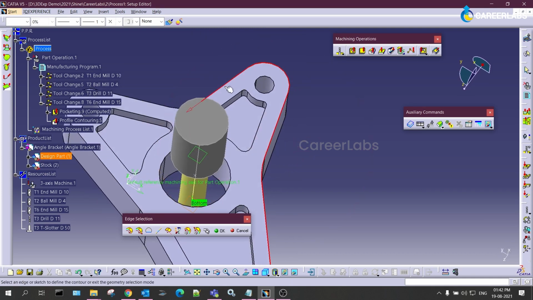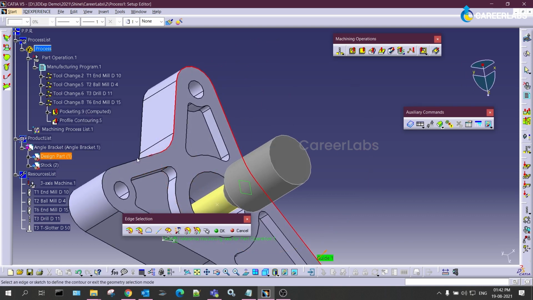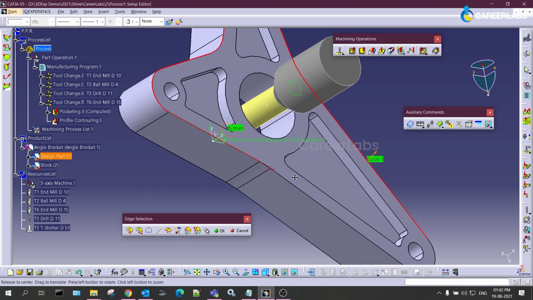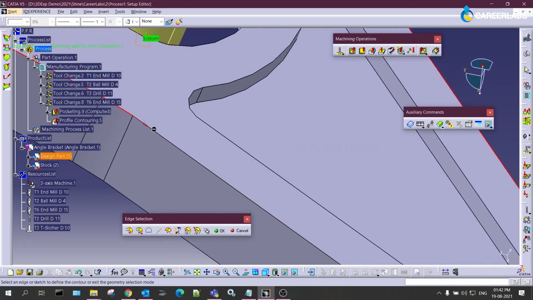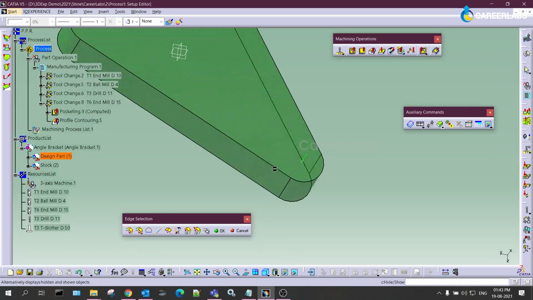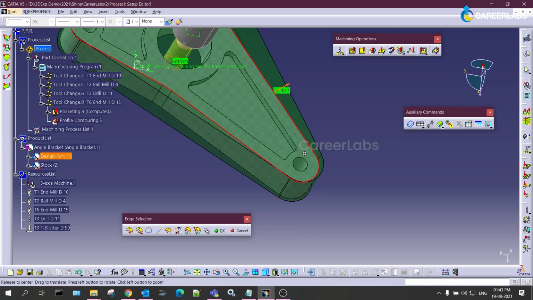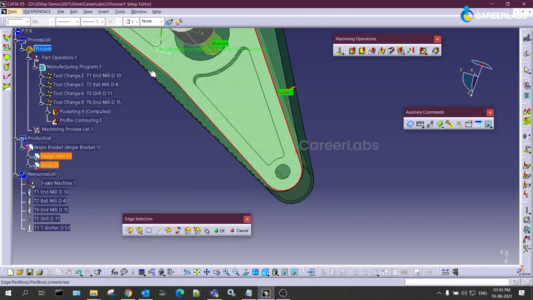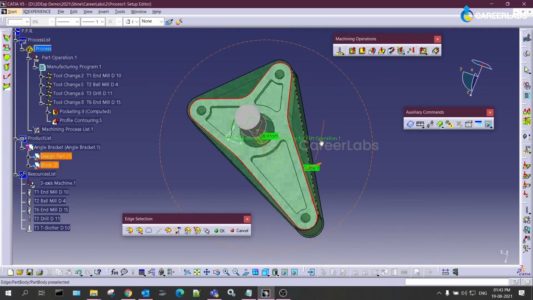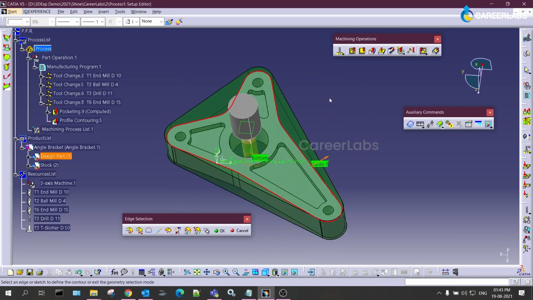particular workpiece to remove the material which is additional as per the rough stock. I will show the rough stock, how it looks like and what area we are removing. If you see, I am trying to remove the material which is additional on top of the rough stock. That is the reason we have to be very careful while defining the rough stock, because the more additional material we have, the machining time will get increased.